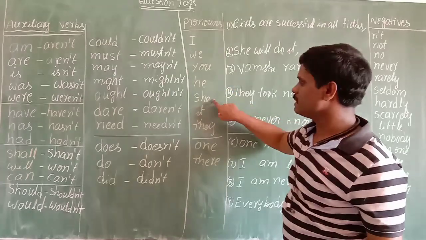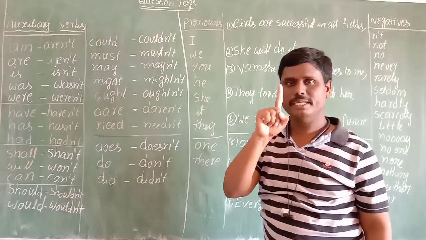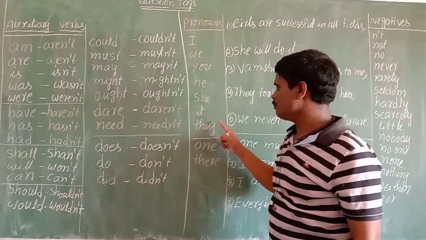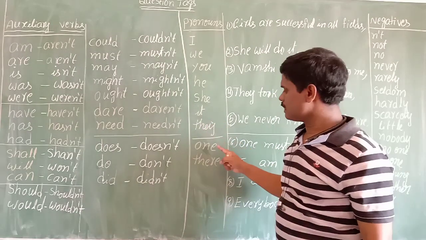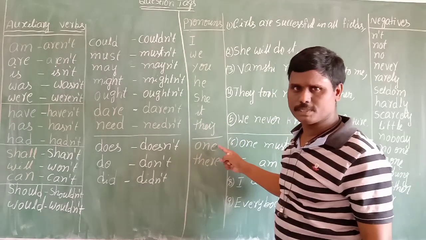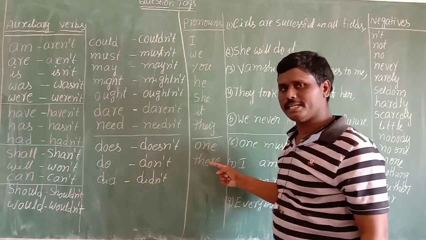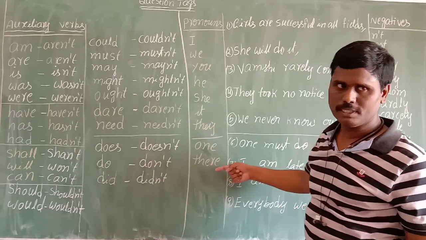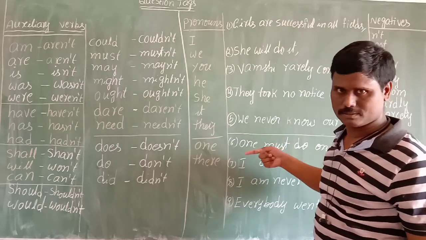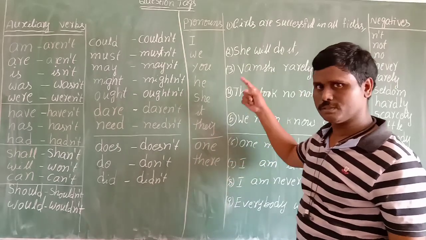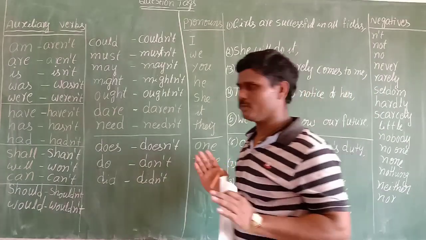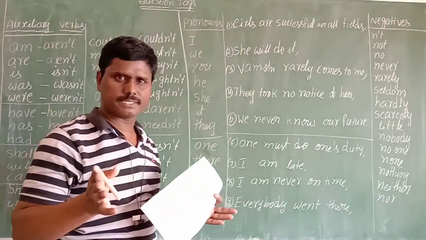Yes. Girl means she. Any one thing means it. More than one thing means they. Sometimes we use one when the subject is one, and there it has a special feature. I will explain in this video later. Okay, there is a special feature we use. That means very clear, very easy, friends.